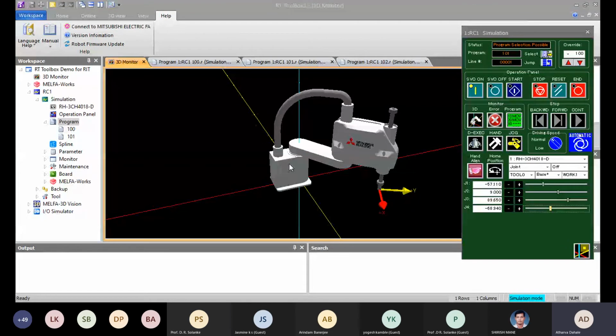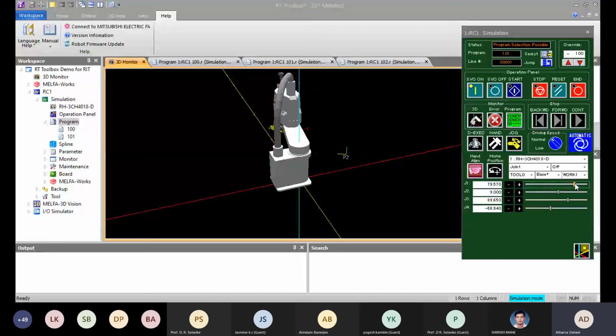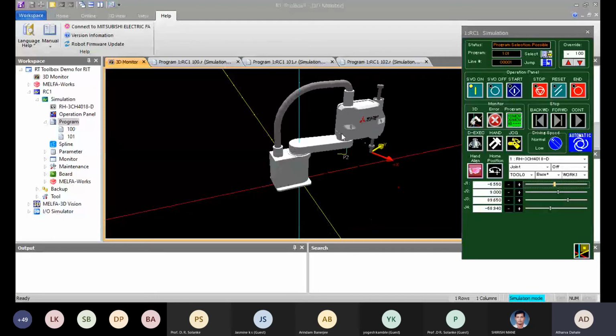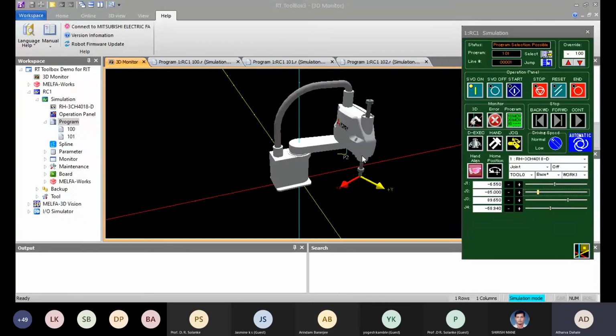One motor is placed here for the J1 axis movement. One motor is fitted here for the J2 axis movement. One is fitted here for J3, and the fourth motor is fitted here for the twisting. So if there are 4 motors, then the degrees of freedom are simply 4, as we know there are a total of 4 motors for moving the robot.